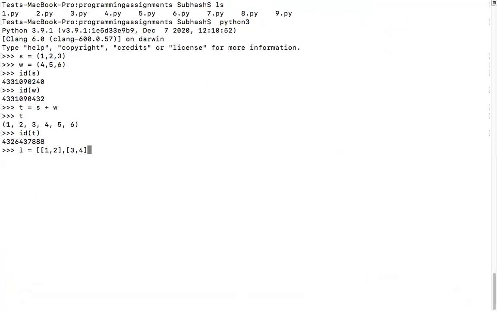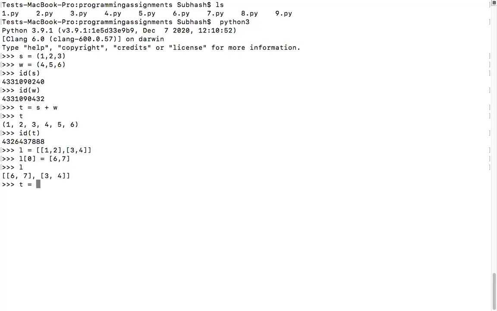What can you see on the screen? It's a list of lists. List of list. Okay. So can I say L of 0? Now what is L of 0? L of 0 is the list 1, 2, sir. Correct. So L of 0, I'm changing it to 6, 7. Is it possible? Yes, sir. It is possible. So I'll print. Is it changed? Yes, sir. It's changed.